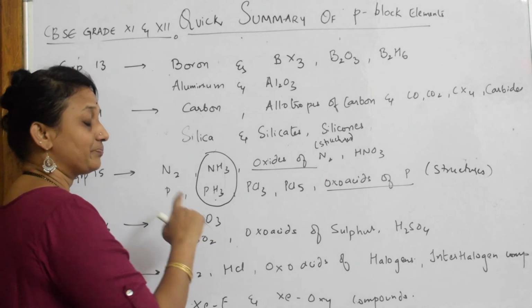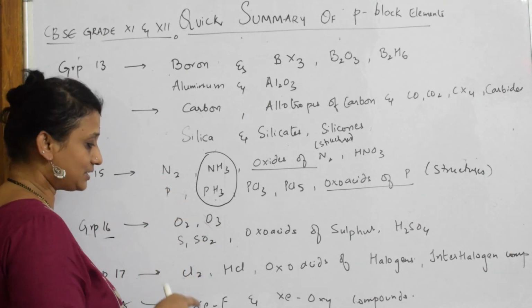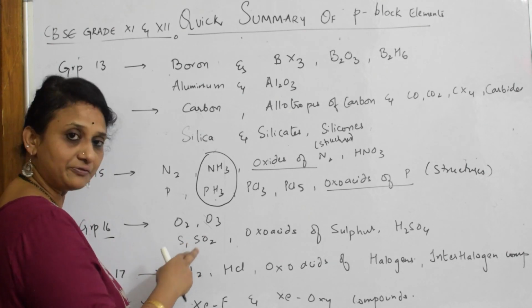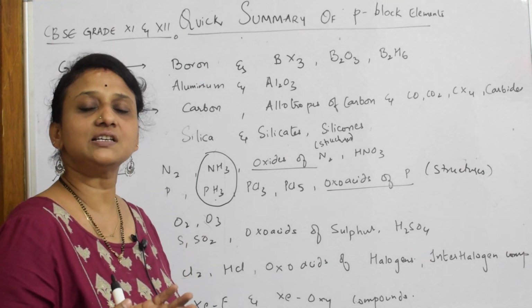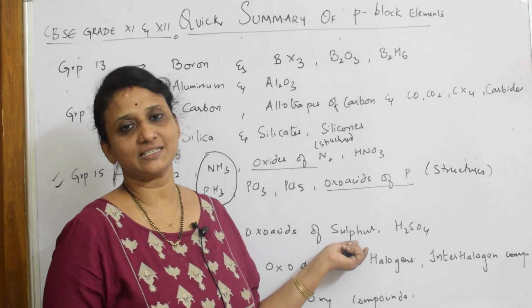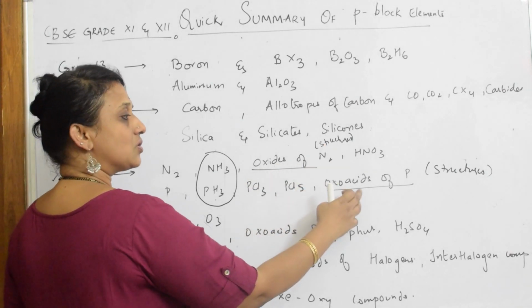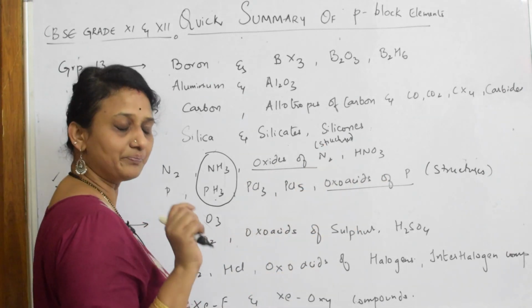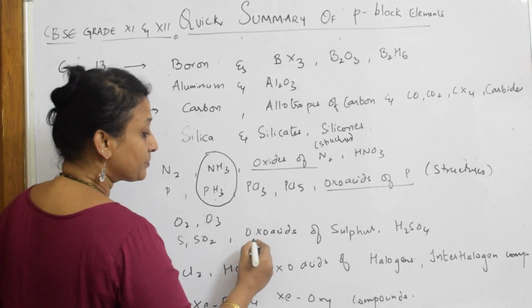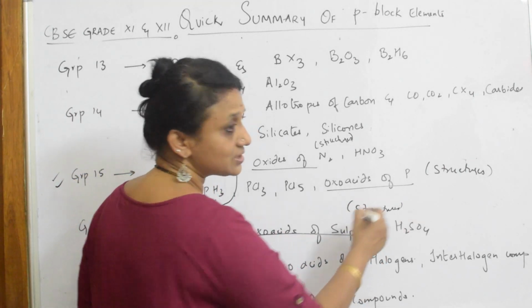Here, ozone. Preparation of ozone is very important. So, O3, we'll be learning about that. And when it comes to sulfur, the compounds of sulfur like sulfur dioxide as well as oxoacids of sulfur and sulfuric acid. Now, as I told you, oxides of nitrogen, you'll get structures. Oxoacids of phosphorus, in the exam, you'll be getting structures. Oxoacids of sulfur also, you'll compulsorily get questions on structures.